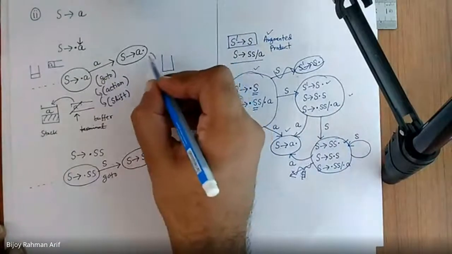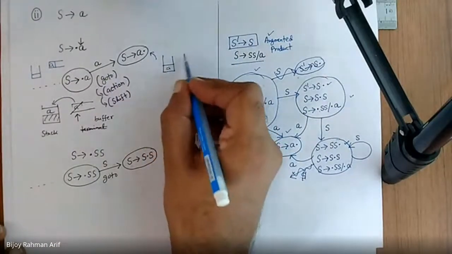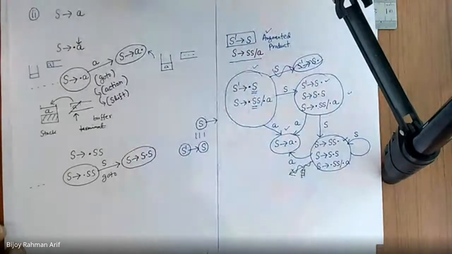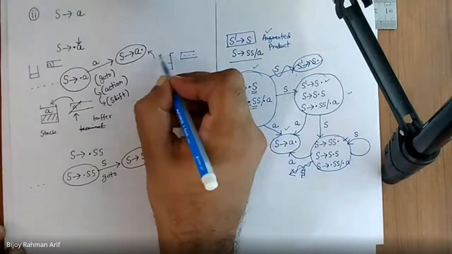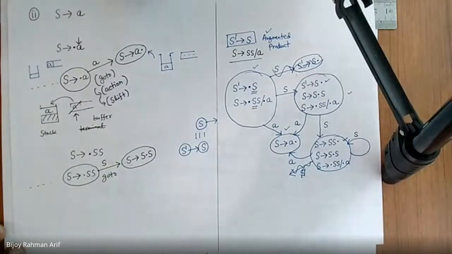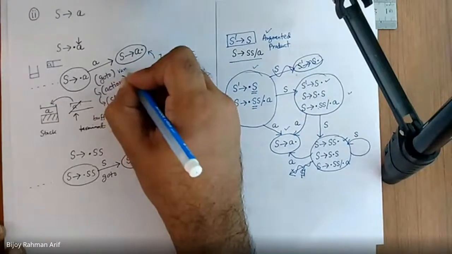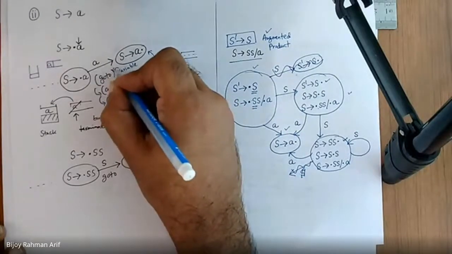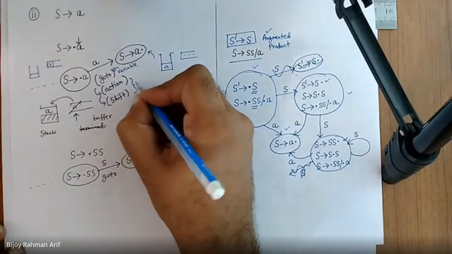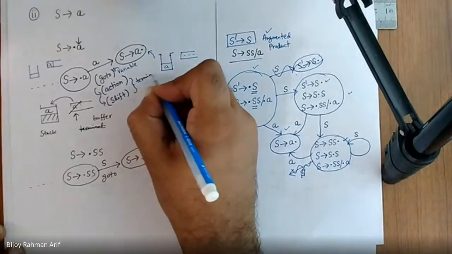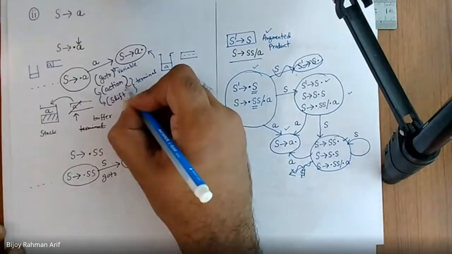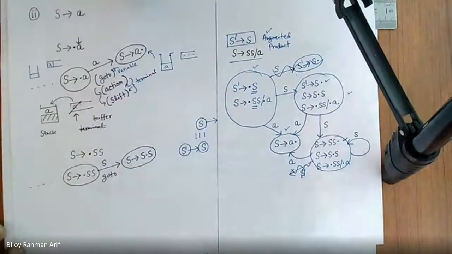In this case, now the stack contains A and the buffer does not contain A, something else. So this is called a goto operation. That means taking something out from the buffer and putting it inside the stack, that is called the goto operation. In case of a variable, we call it goto, and in case of terminals, we use the word action or shift, both of these two. So we have classified this. This is the catch of the closure and goto. Do you have any query?